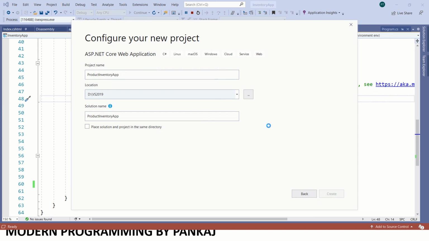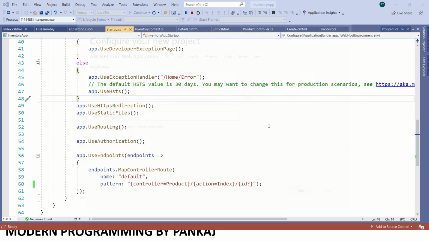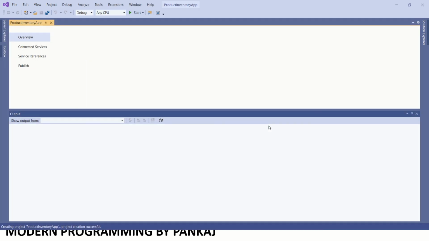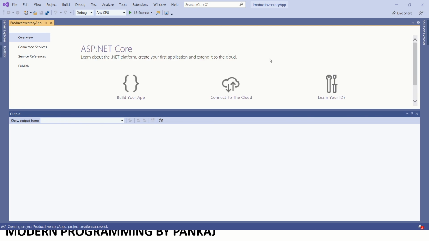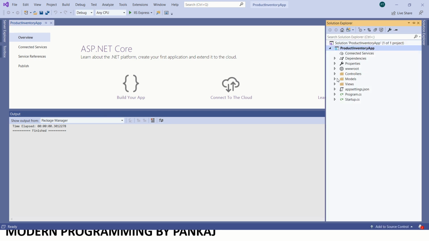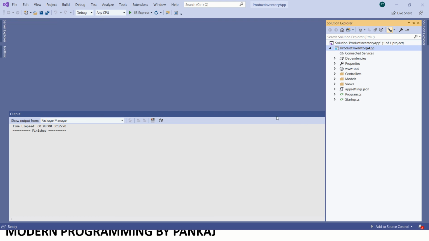It will create a simple project. It will take some time. See, we have got our project here, where I have the simple model, view and controller folders and the basic settings required to run this application.